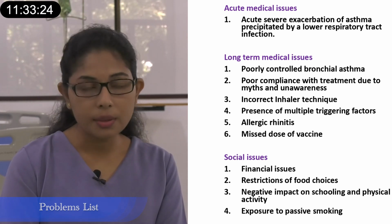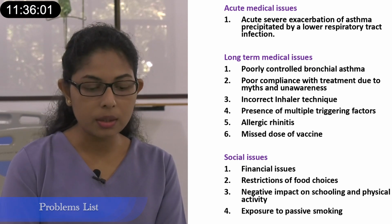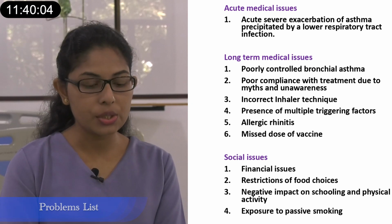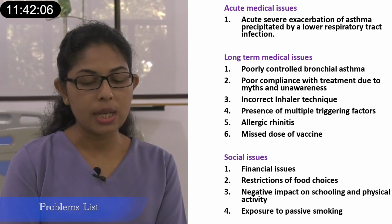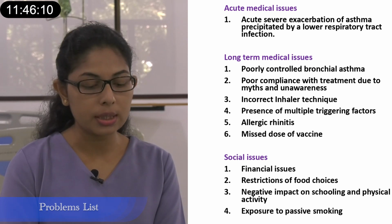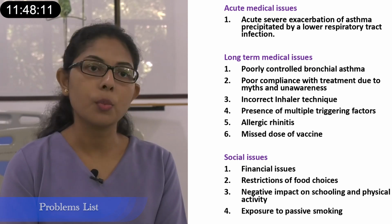There were several triggering factors for the illness, and the social problems were major financial issues, food restriction and impact on schooling and exercise, reducing the quality of life of the child, and exposure to passive smoking as well. Assume that you are the house officer of the ward where this child is going to get admitted. Can you explain what you are going to do if the child presents with the same set